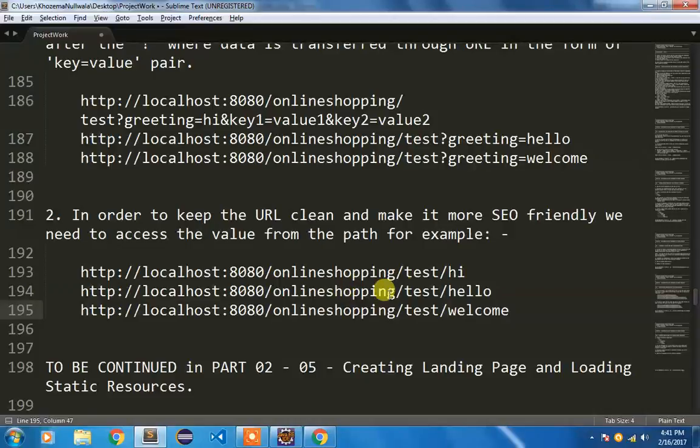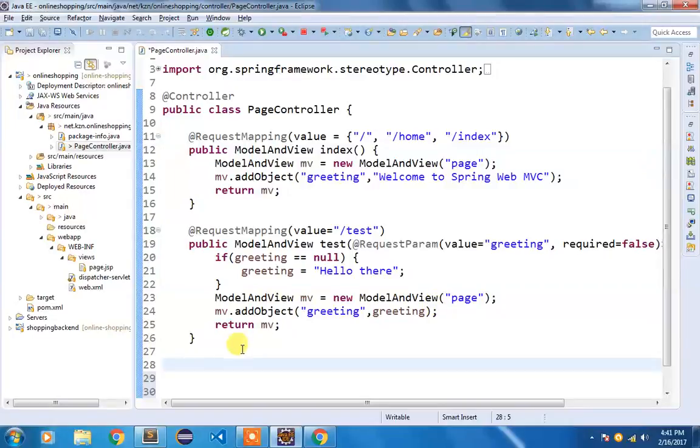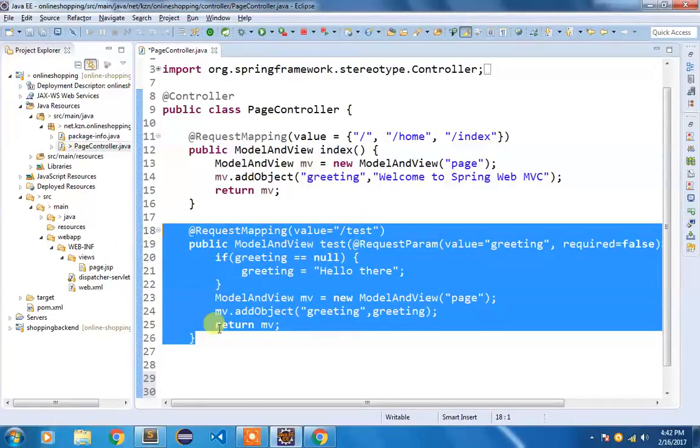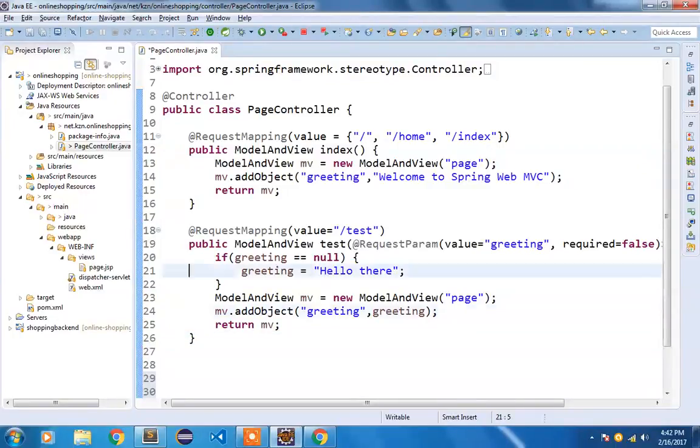So how can I write code to handle this type of URL and get the value from the path itself? For that I'm going to use the @PathVariable annotation. So I'm going to copy it. I'm going to comment it out first.